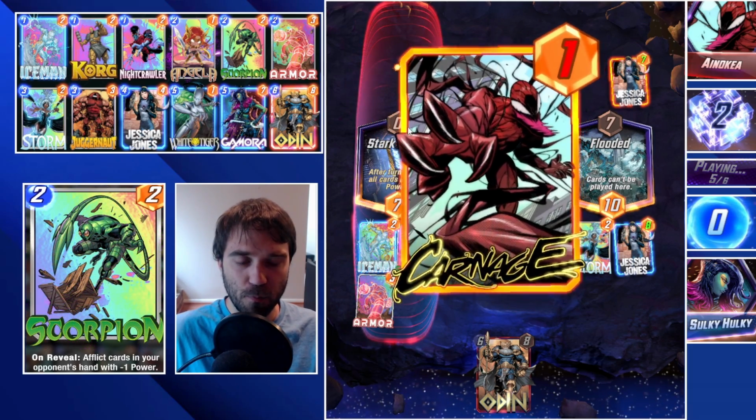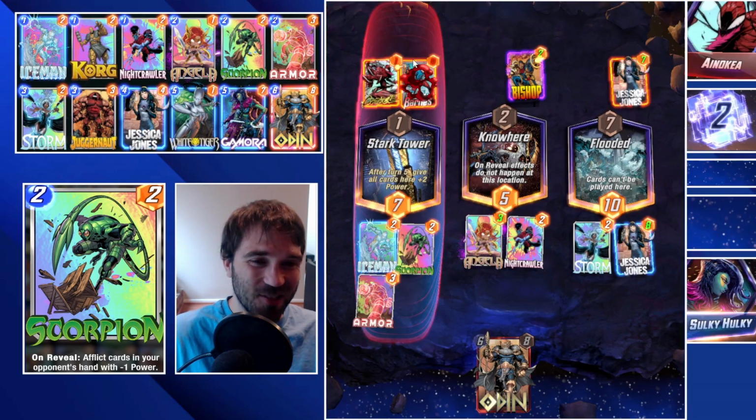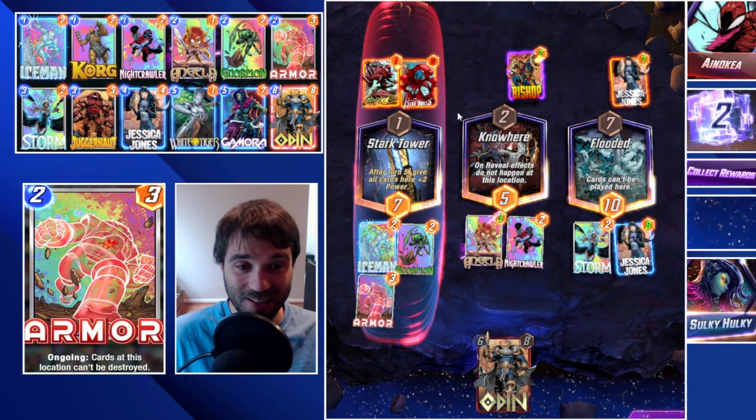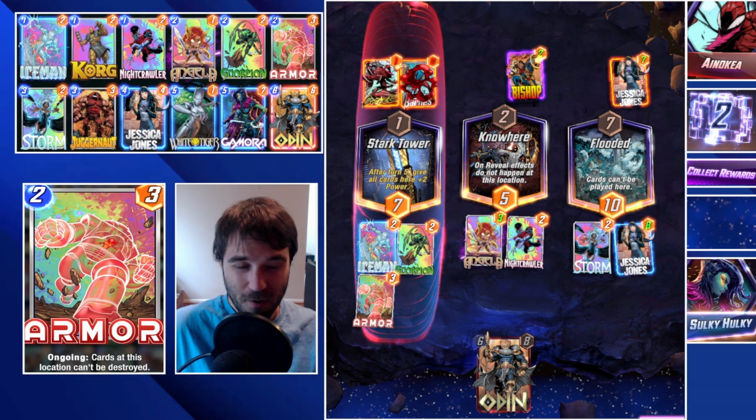Ooh, and then they do a Bucky Barnes and a Carnage, and we hard counter it. That is unfortunate, my friend. And so sometimes it just kind of falls like that. But with that win, I believe that's 4. With that win, we went